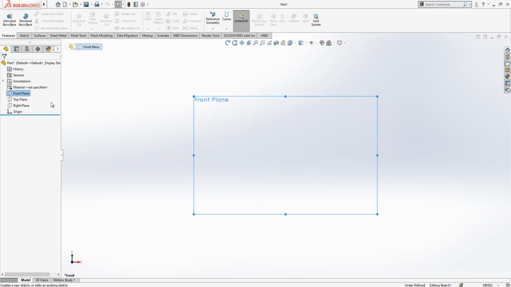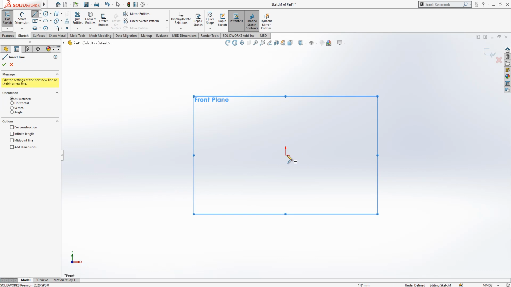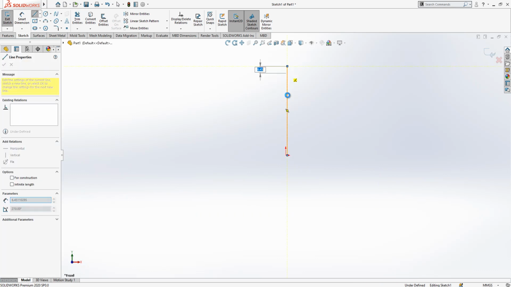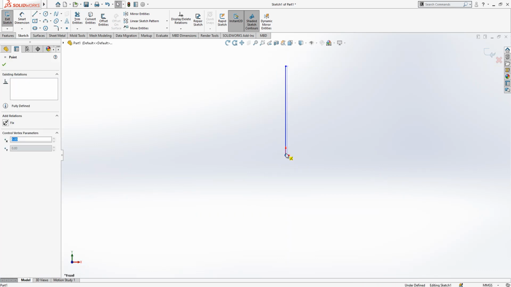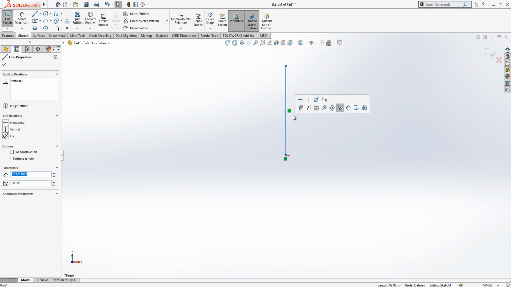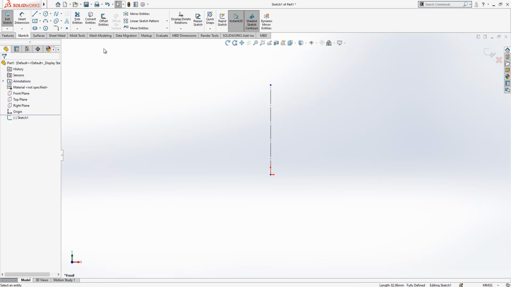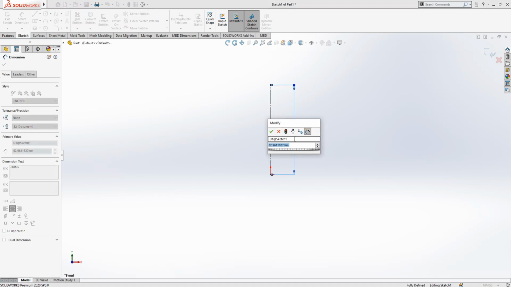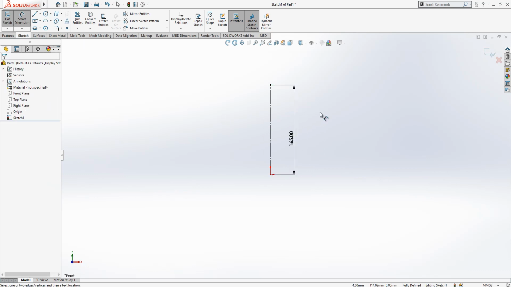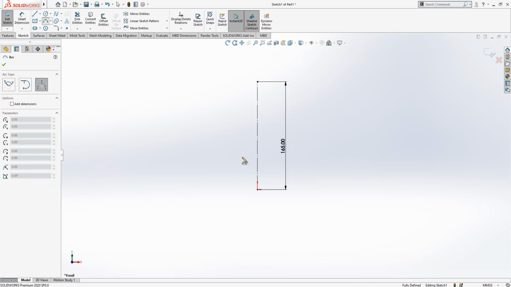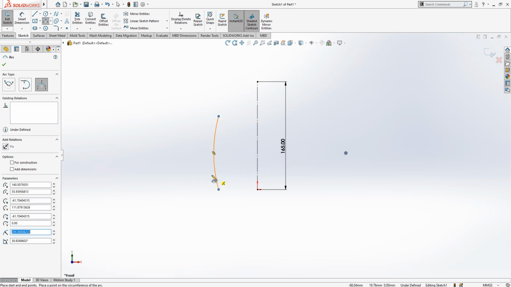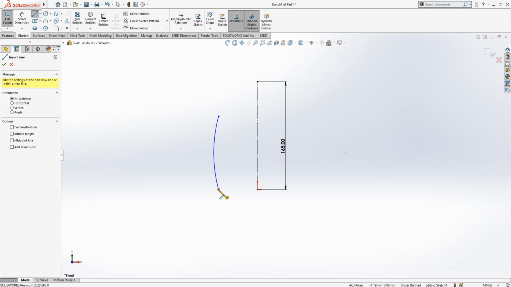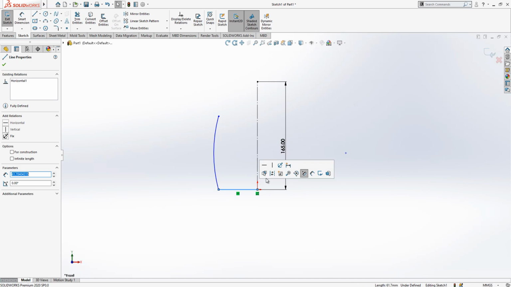In front plane we create firstly a sketch, and then, as I always do, here we create a line and I place it on the origin. This is construction geometry. Here I do have a 165mm length, and then later on I will place here one arc, and I'm combining this area,